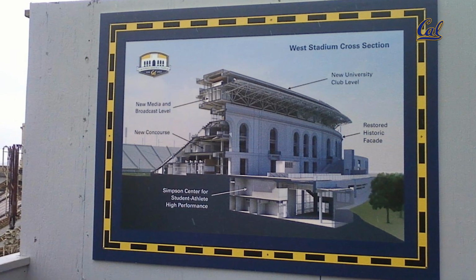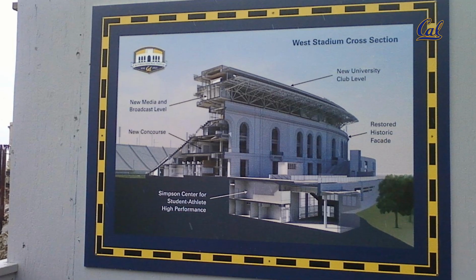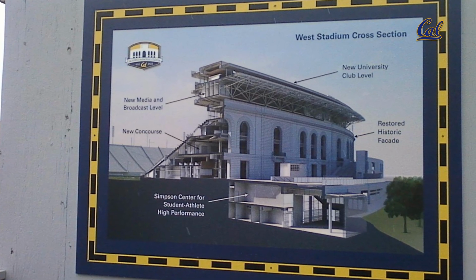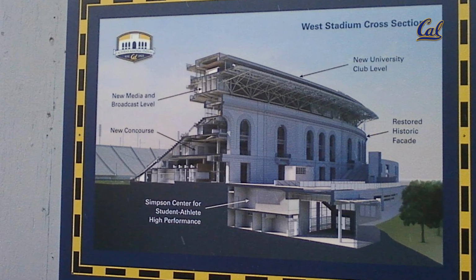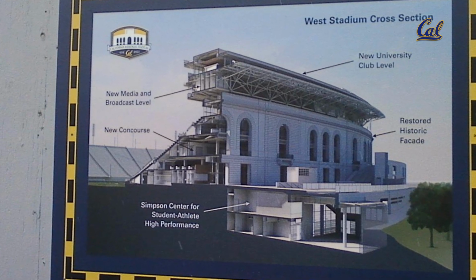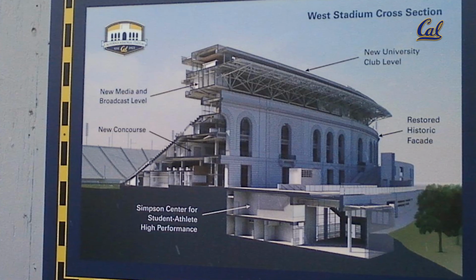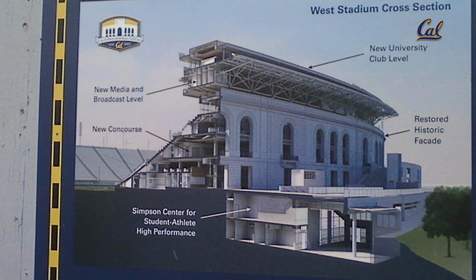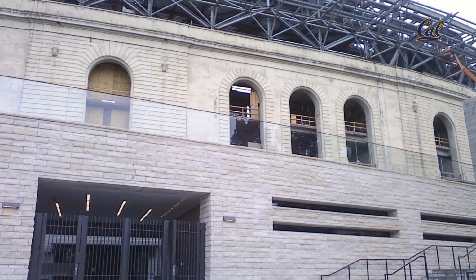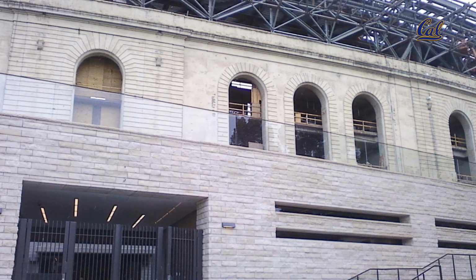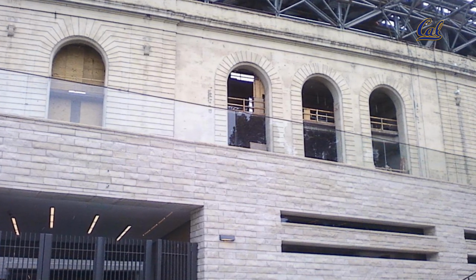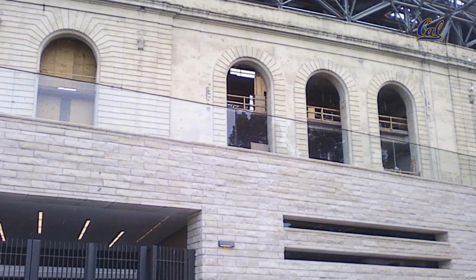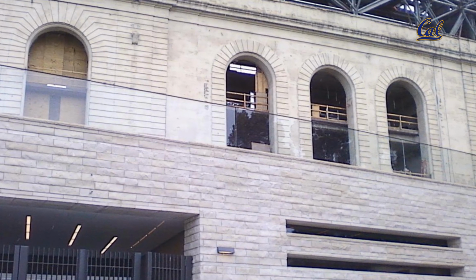When the stadium was going through the renovation process, they had this cross section on the west side showing what's really happening. You can see the historic facade and then the new media level, new concourses, and then they also had the Simpson Center. So I'll show you that next. The new Simpson Center is located at the bottom of the screen. It's for student athletes, and you have the historic facade above, and then you have the steel framing for the